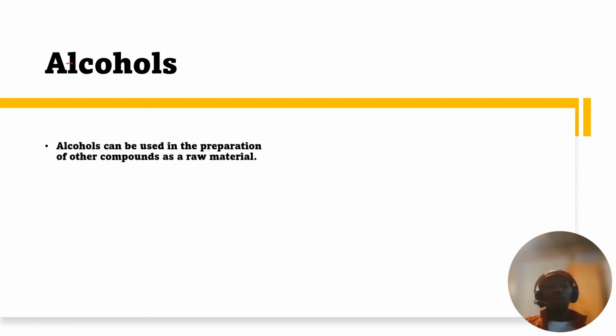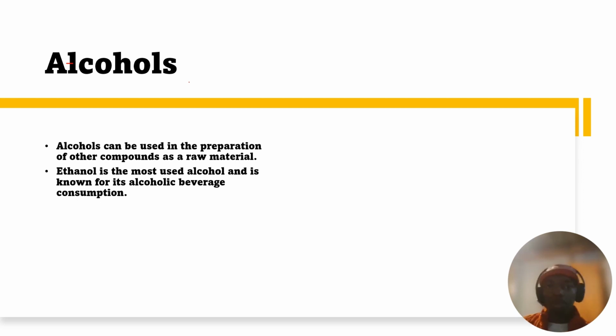So now what are we dealing with? We're dealing with alcohols, guys. It says alcohols can be used in preparation of other compounds as raw materials, right? So it says ethanol. Okay, there are other raw materials. This is not much more important as of this moment, but it will form the pre-knowledge before we go to the physical properties, right? So yeah,